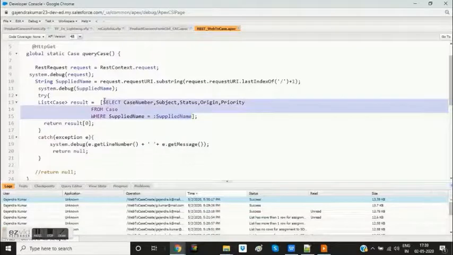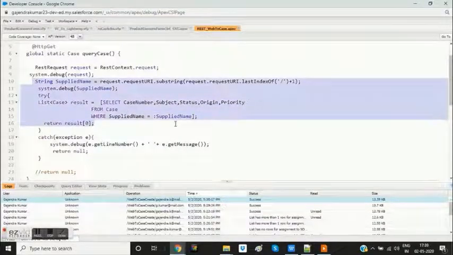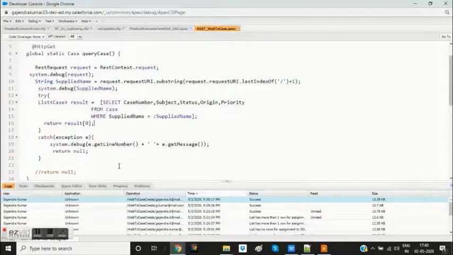So this is the query. This whole function is up to us; we are well aware of what we are writing, on what parameter we are querying Salesforce, and what we are supposed to return. In this scenario I am simply returning the first record that comes as a result of this query. If I want to return just the case number, I can simply write result[0].CaseNumber, rather than all values, but let's go ahead with result[0] only. If there is any error or exception, I am just going to log it over here like that.